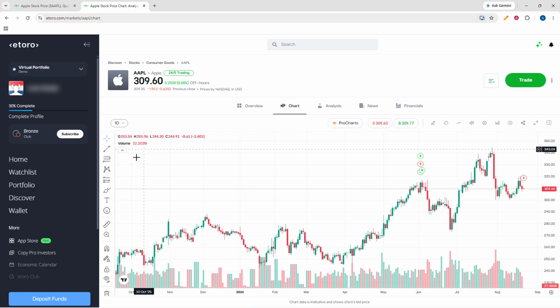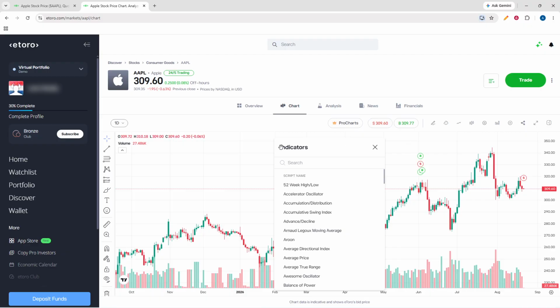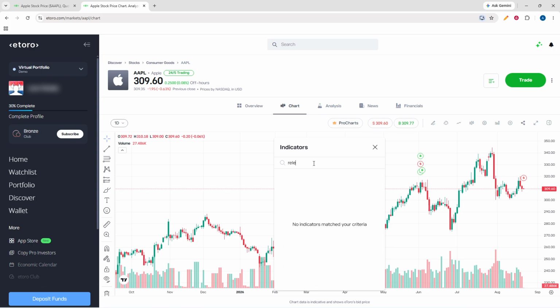With the chart open, move to the chart toolbar and find the indicators icon. Click that icon to open the indicator menu. This menu is where eToro groups the available chart indicators. Depending on your screen size, the toolbar may appear slightly different, but the indicators option will still be part of the chart controls. If the menu does not open right away, click the icon once more and give the platform